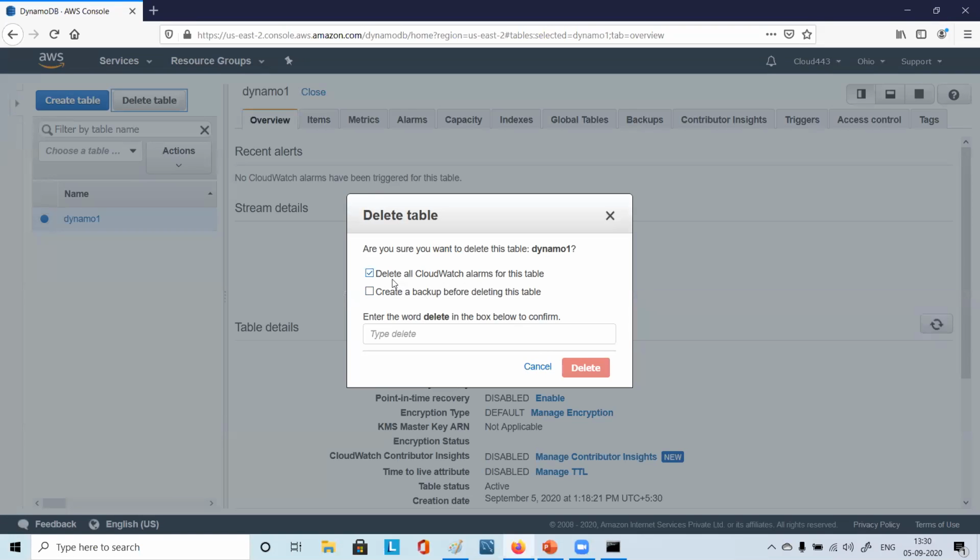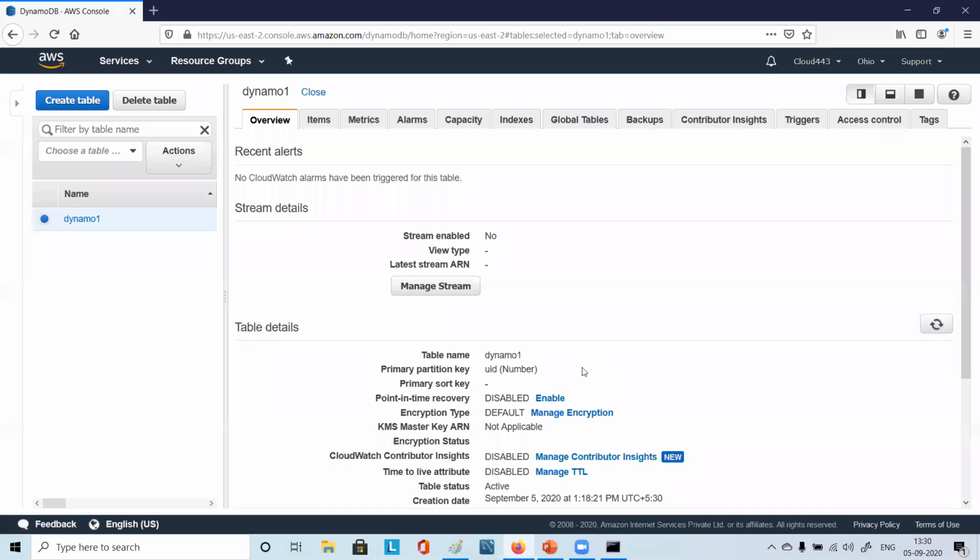Here, CloudWatch will be deleted, and if you want to create a backup, you have to choose it. Correct. So here, by default, create backup is not coming. Only delete is coming. So it will clean everything, right? So we simply have to type delete here. Don't have to choose anything, whatever is coming by default, right? So you can simply say delete, right?